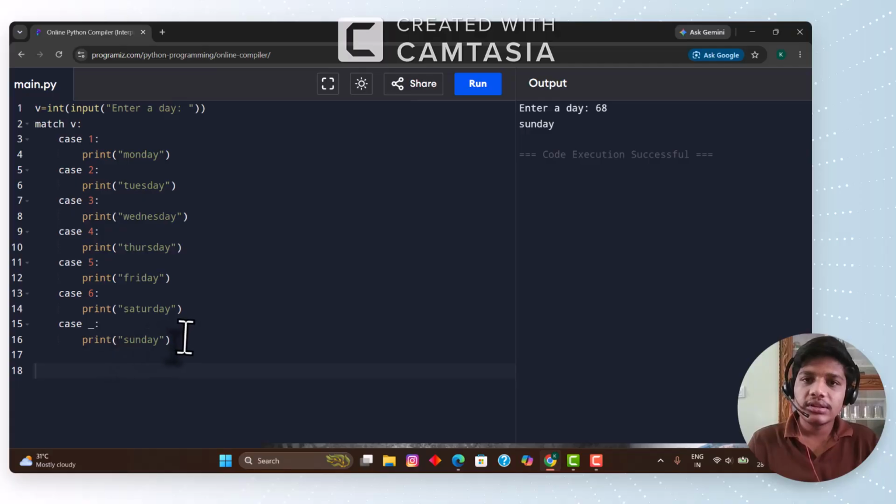So if we print here, there is no problem. But if we enter 68, or anything from 7 to infinity, any number other than 0 to minus infinity, then it will show Sunday. So this is the problem. So you have to mention another thing that